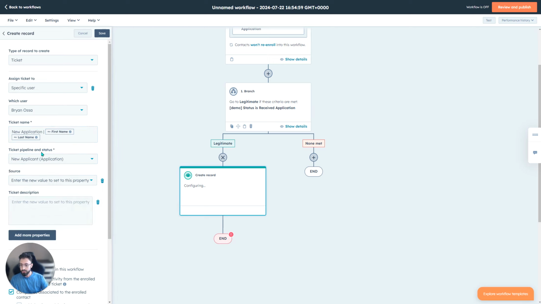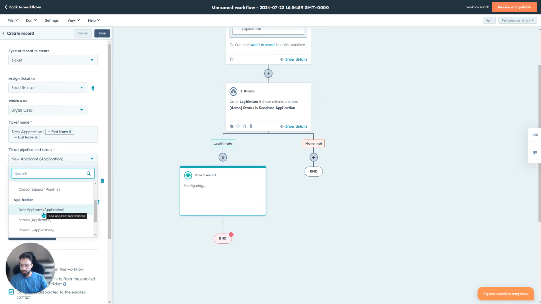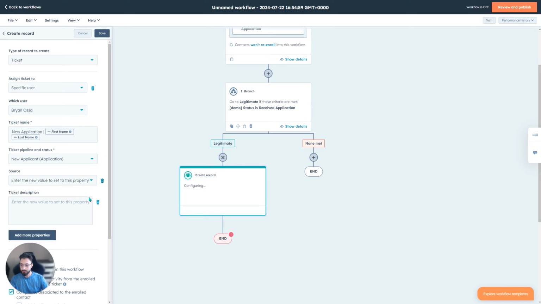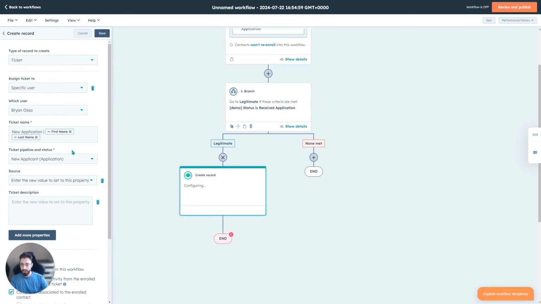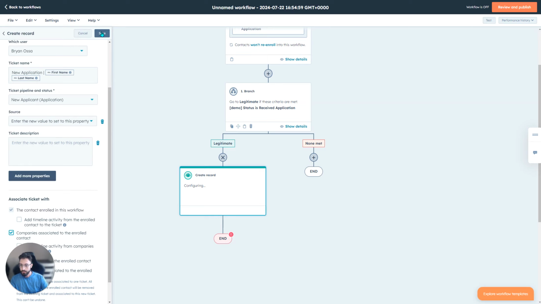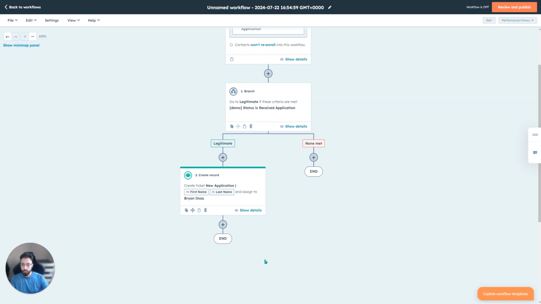Our next step is choosing the ticket pipeline and status. Since we've already created the new applicant within our application pipeline, we can select that as our option. Past this point, everything else you want to modify is completely optional and gives you the ability to customize it however you see fit. By clicking save at this point, we have everything we need to then turn this workflow